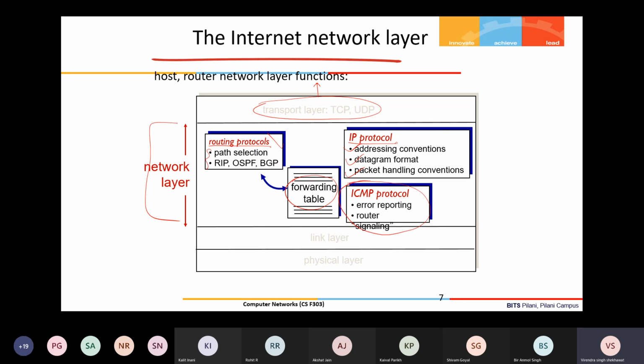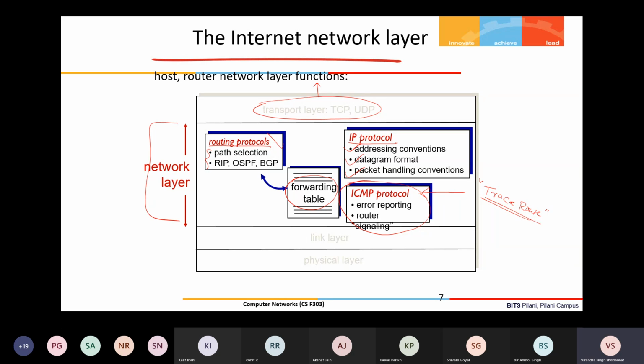Another protocol which is used at the IP layer, which we have not discussed, is ICMP, the Internet Control Message Protocol. I hope that you remember the traceroute program. I think we talked about the traceroute application at the very beginning of the semester, and in the lab you may also have used this program. So, what is the purpose of this traceroute program? What does it do, or what does it give?